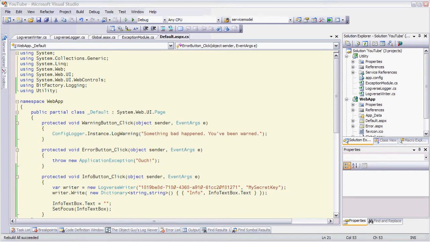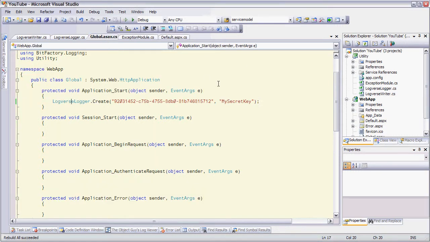I just want to give you a few more details about the demo that I gave of Logverse. I won't go into a whole lot of depth here, but just give you a clue as to what's going on. Let me show you the global.asax in my ASP.NET web app. I have one line of code here, Logverse logger create, and basically I pass in the log ID and a